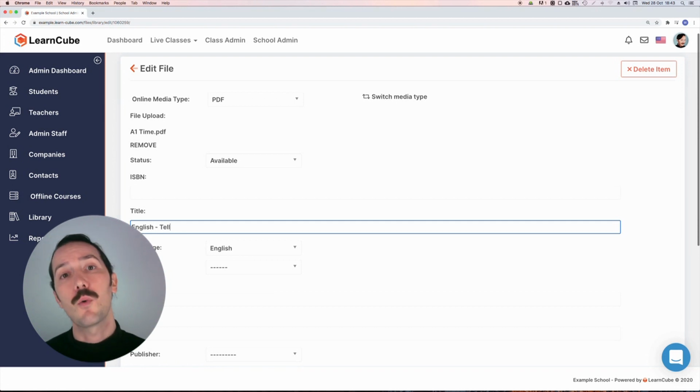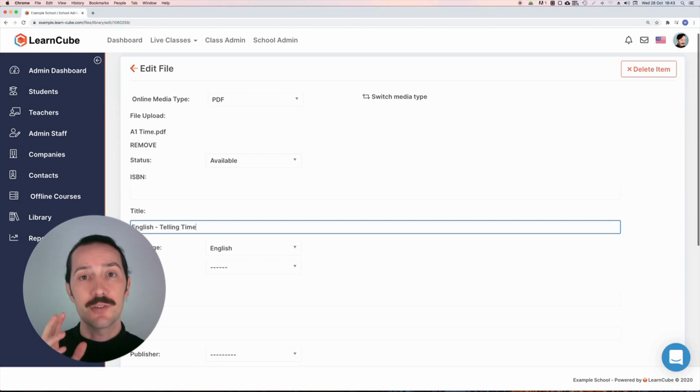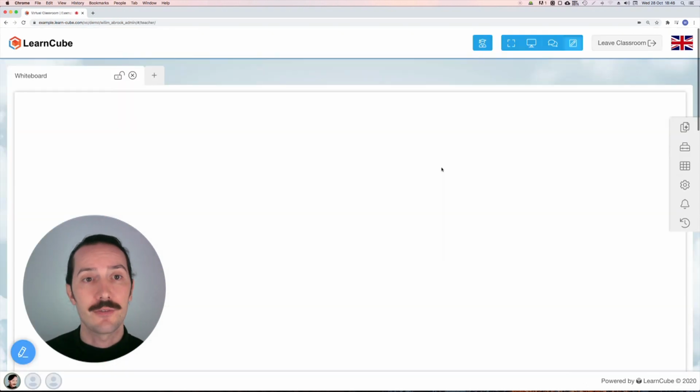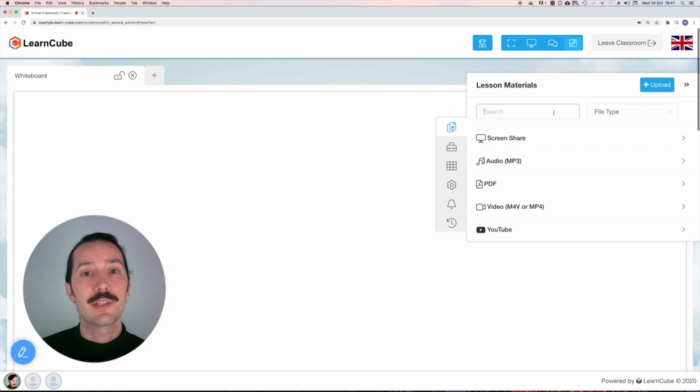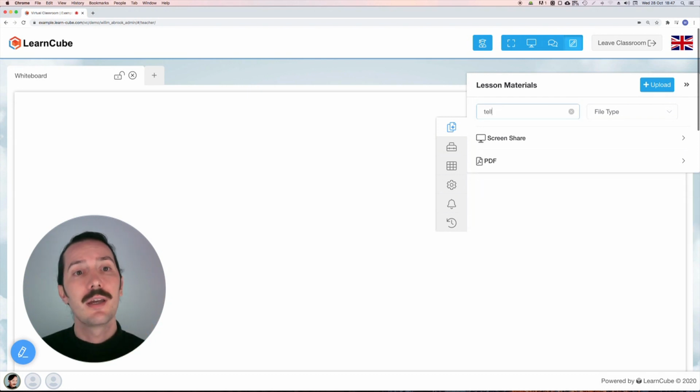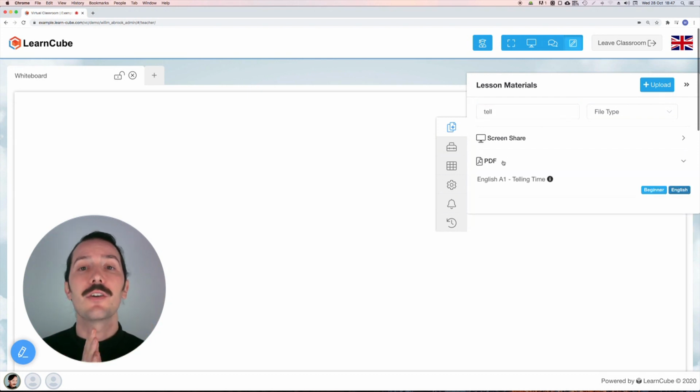Now, this is actually quite important, so let's take a look at how teachers find files in the virtual classroom. You can see I have this Add Class Materials button on the right-hand side of the whiteboard. What's fantastic for a teacher is that there are no folders to go shuffling through. I can just type in a keyword and the file I want pops up really quickly. This also avoids having frustrated students watching teachers clicking around trying to locate the next unit.